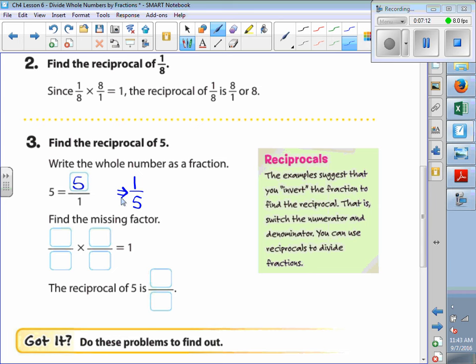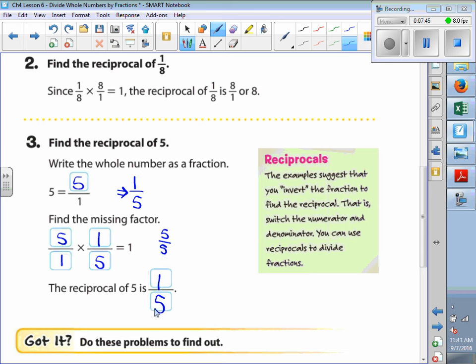Okay? So here, if we have 5 over 1, and we're going to multiply times that flipped version, and this is just proving what we just said, 1/5. We get 5 times 1 is 5, over 1 times 5 is 5. And so 5 over 5 is equal to 1. There you go. So the reciprocal of 5